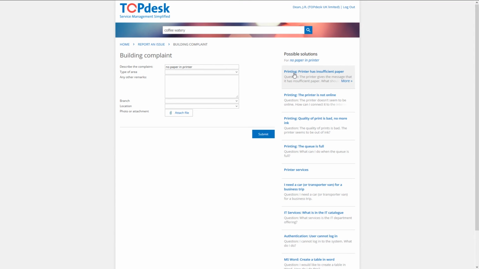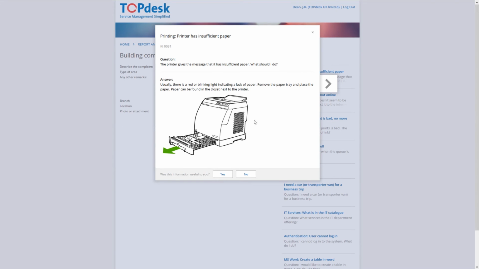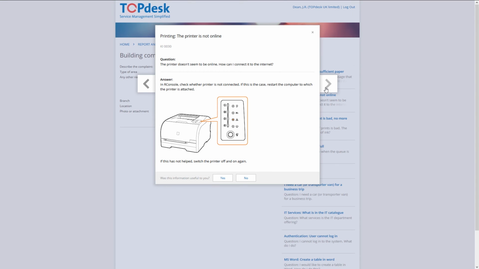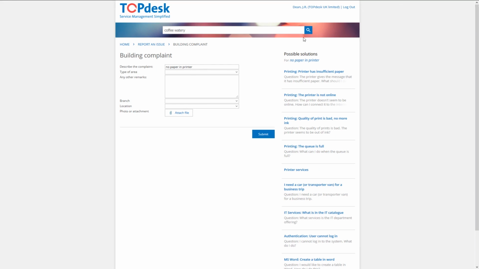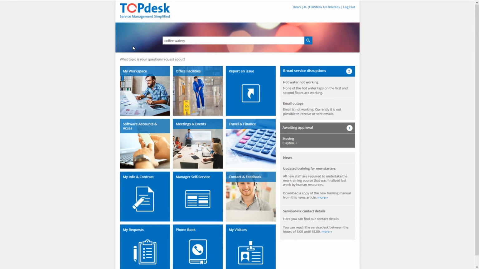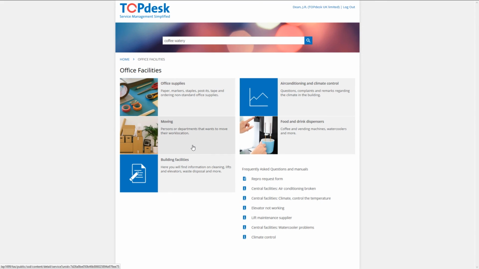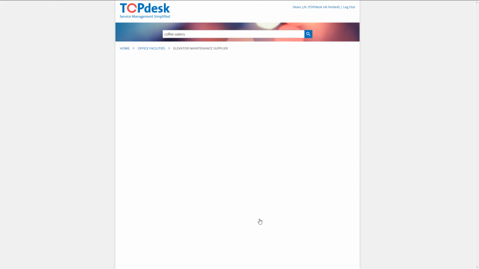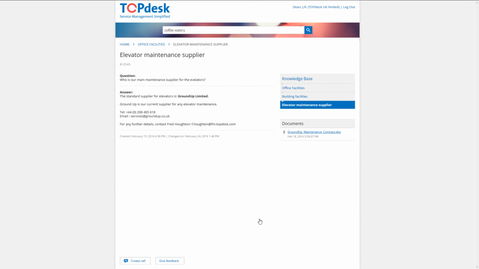After opening this knowledge item, we can even navigate to the other suggestions by clicking the arrow icons to the left and right of the item, and rate whether the item was helpful to us or not. Another way to conveniently share knowledge with end users is adding knowledge items to certain subpages. For instance, if we open the subpage named Office Facilities, we'll immediately see a list of frequently asked questions. Thanks to the knowledge base, you can easily safeguard and share knowledge within your organisation.